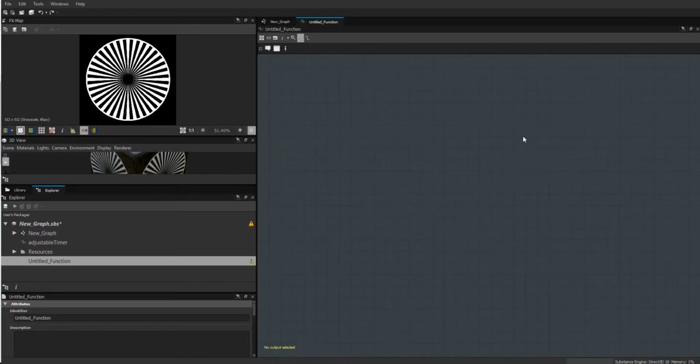Today I'd like to take a look at how we can create standalone functions that we can then reuse in our package, or if we save them to the library, we can reuse them whenever we want. These are really, really useful for things that you reuse a lot. If you save it as an external function, you can then go ahead and reuse it